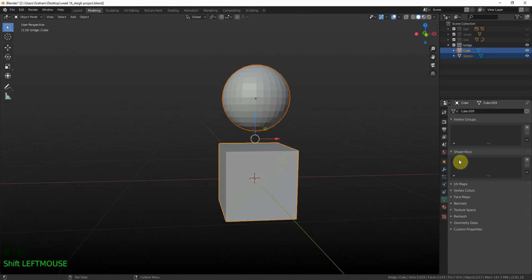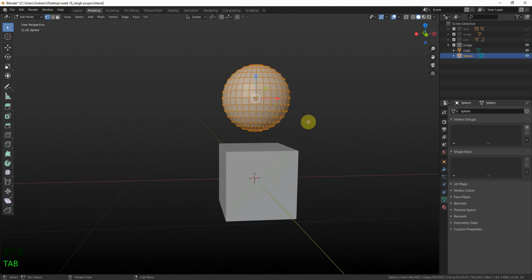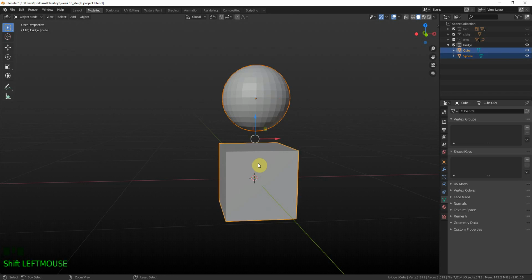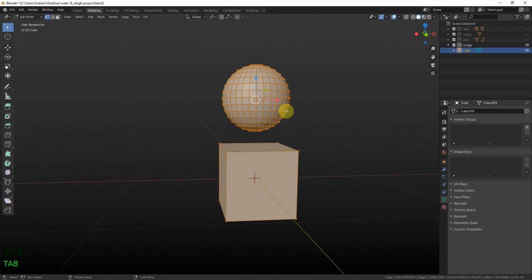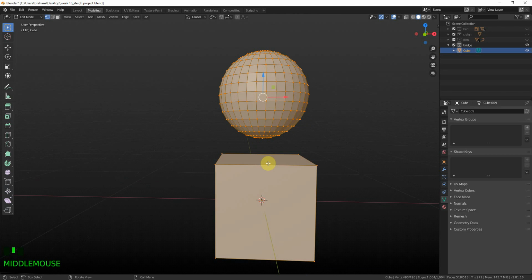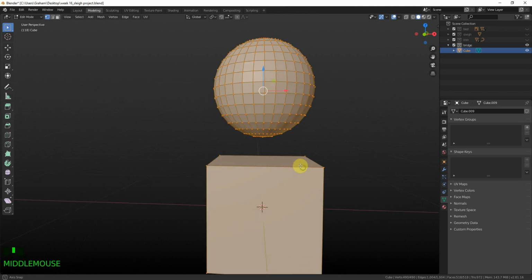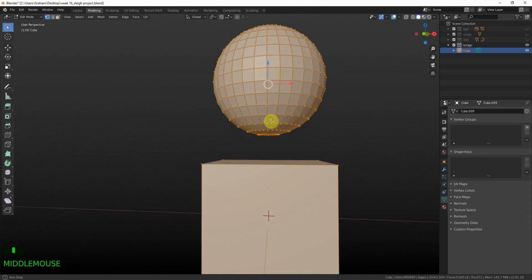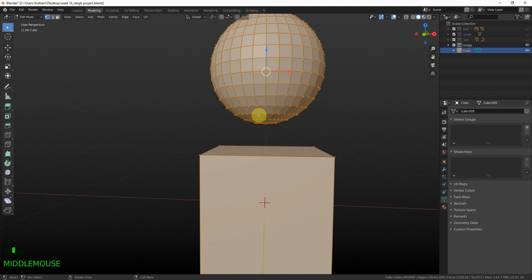So Shift select and Control J to join them into the same object. Now if we edit them, and that didn't work, Control J. And now if we edit them, it is one object. Okay. So if I wanted to join this cube to this sphere, so it's all one kind of continuous thing,